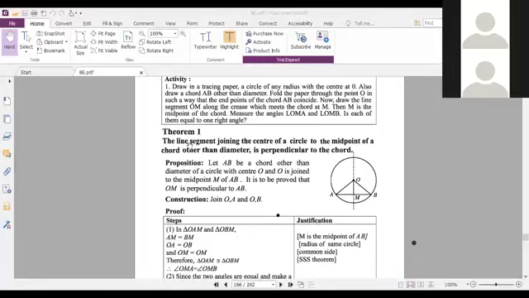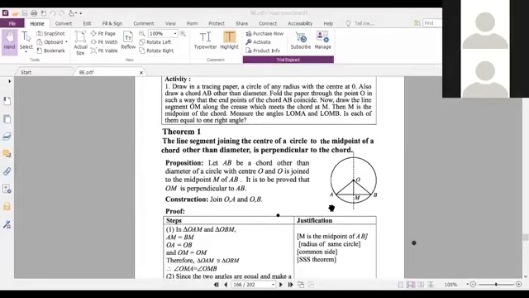Okay. The line segment joining the center of a circle to the midpoint of a chord other than diameter is perpendicular to the chord. If the diameter is perpendicular, then the chord must be divided into two equal parts. Now,